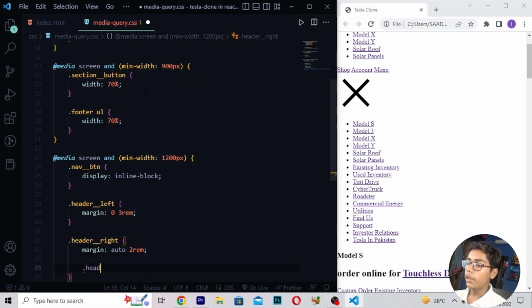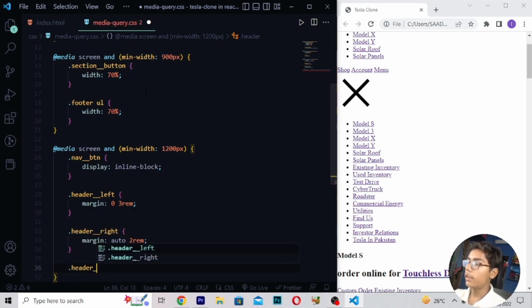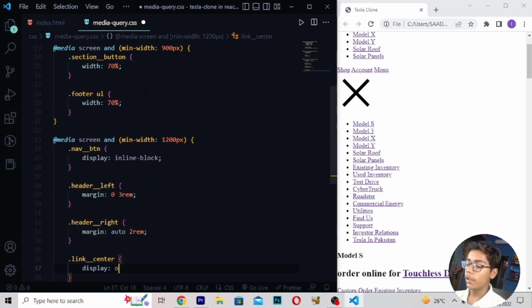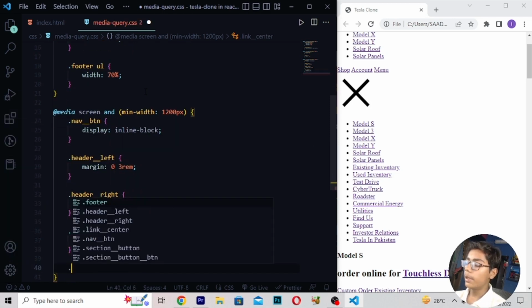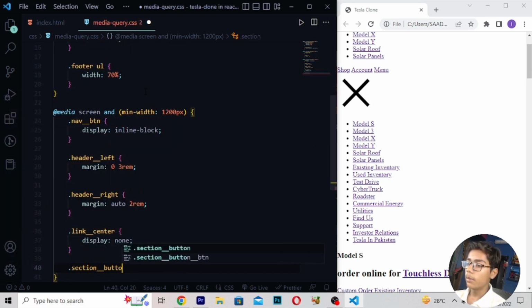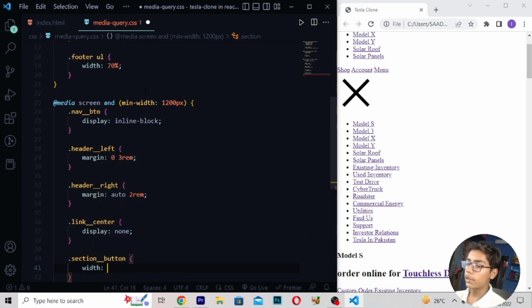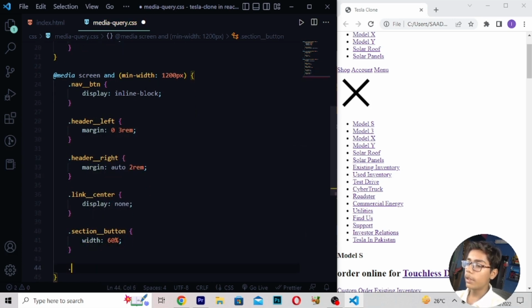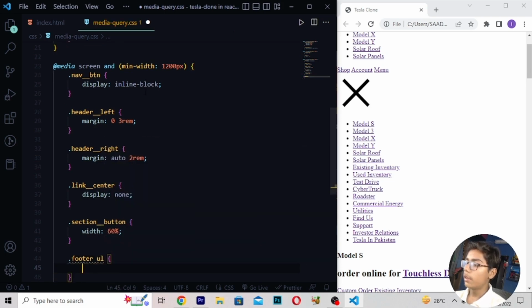Now I'll be writing .header, so simply I will be moving right here to .header_link, then I'll be writing text-align center, display none, like this. Then I will be writing .section button, width 60%, then you have to write .footer ul, width 55%, like this.